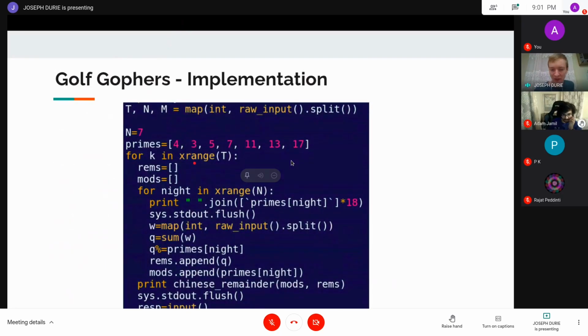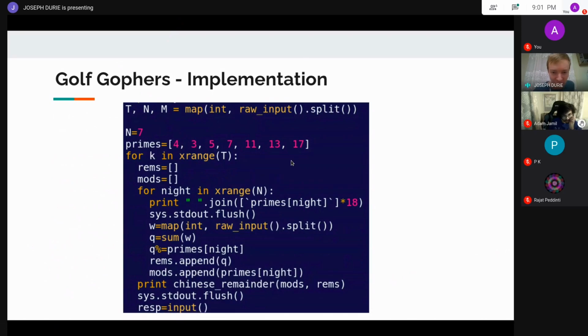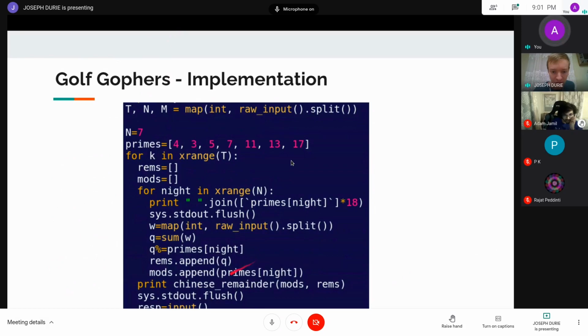Oh wait, we also have an implementation of this. I'm not entirely sure. I didn't realize it was in Python. Four is not a prime number. I don't know what this Chinese remainder function does. I'm assuming it does the algorithm from the other slide. Basically, you read in T, I'm assuming it's test cases. Test cases, yeah. Okay, and then you get